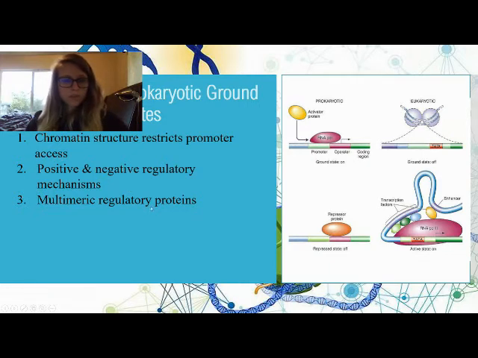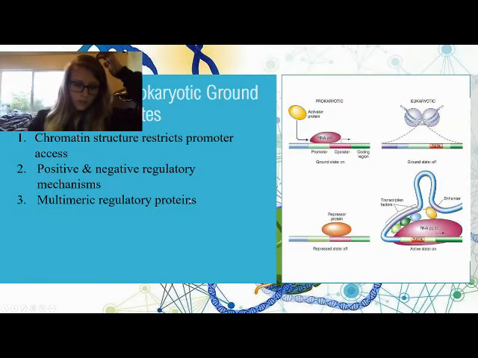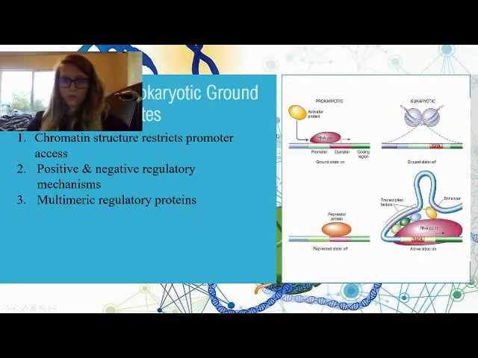Third difference is multimeric regulatory proteins. This has to do with size. So eukaryotic cells have more complex multimeric regulatory proteins than bacteria. And on the right-hand side, I have the prokaryotes versus